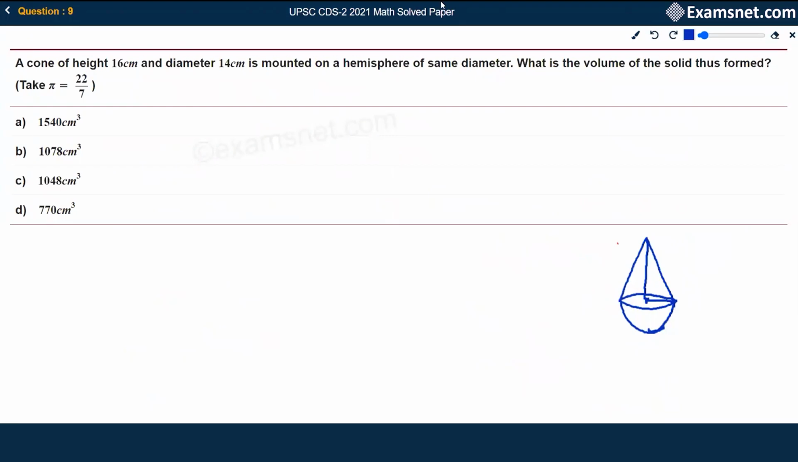Question number 9 states that a cone of height 16 centimeter and diameter 14 centimeter is mounted on a hemisphere of same diameter. What is the volume of the solid thus formed? Take pi equals 22 by 7. I have already drawn the figure. There is a cone on the top of a hemisphere. Okay, so here given that the height of the cone